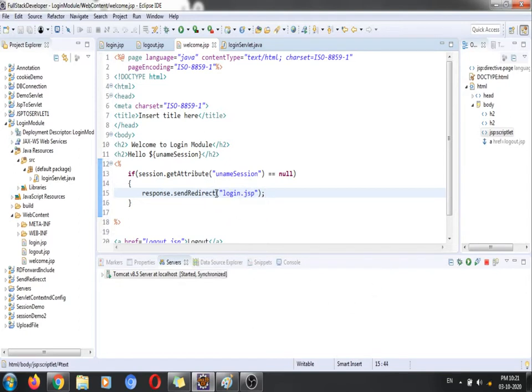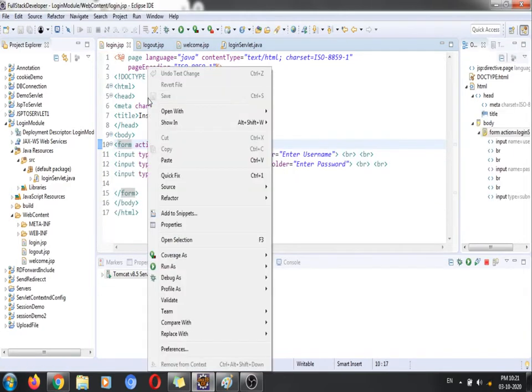Fine. So if the user is not logged in, if the session has not set anything, if the session is null, then directly redirect to the login.jsp. Okay, now let's see how it's going to work.